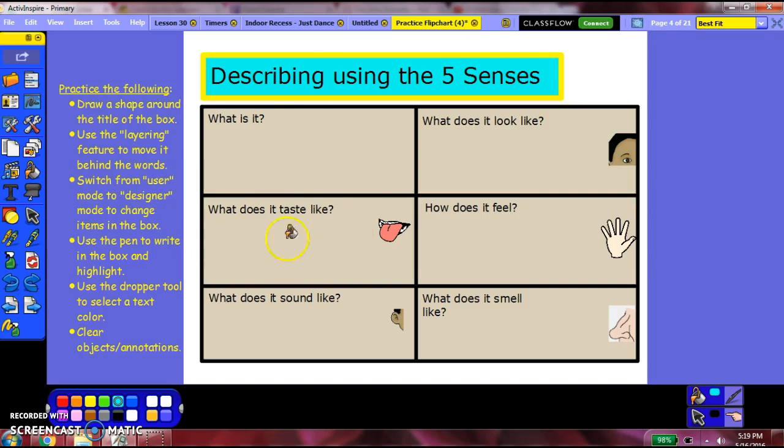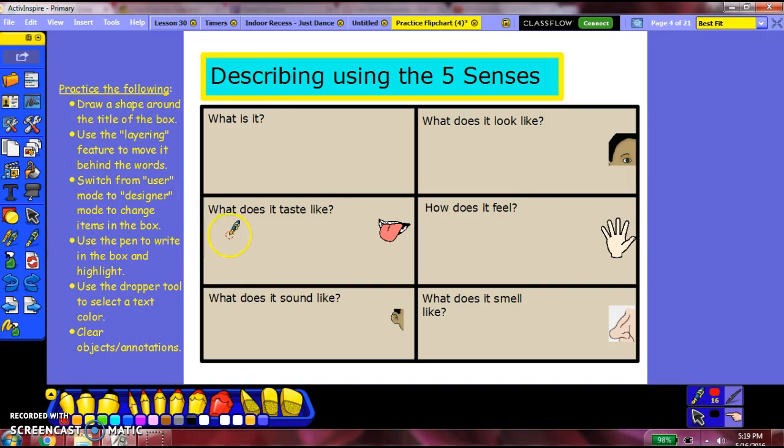When you have a box like this in your flip chart, you can have the students come up with a pen and they could write